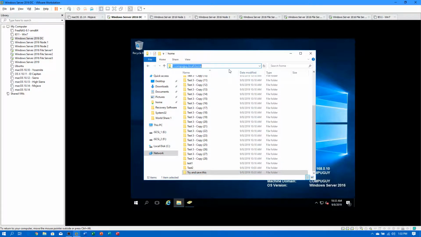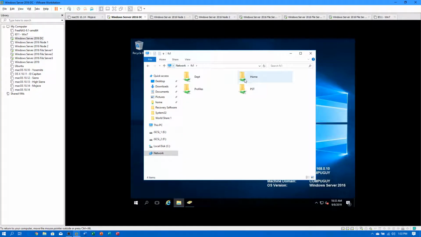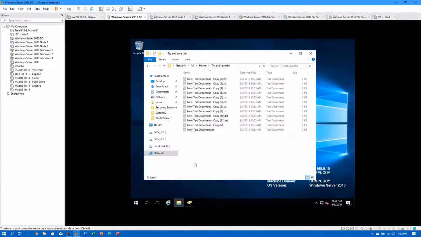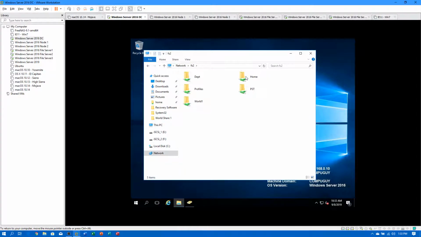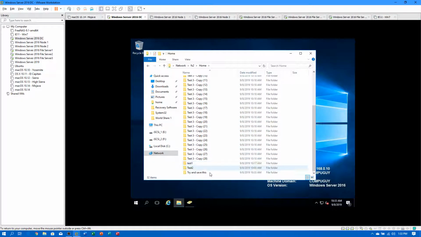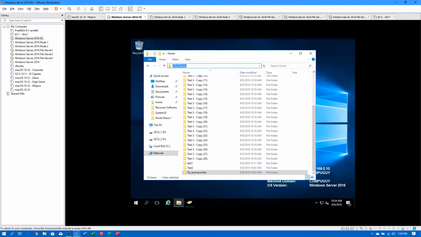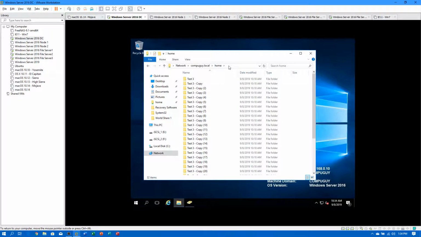So how do we test that? FS1, going to home, try and save this, and there they are. FS2, to make sure we have replication. And we go to home, try and save this. So it's there. I don't need to go to the third one. So now, using the proper connection that you're going to point your users to,